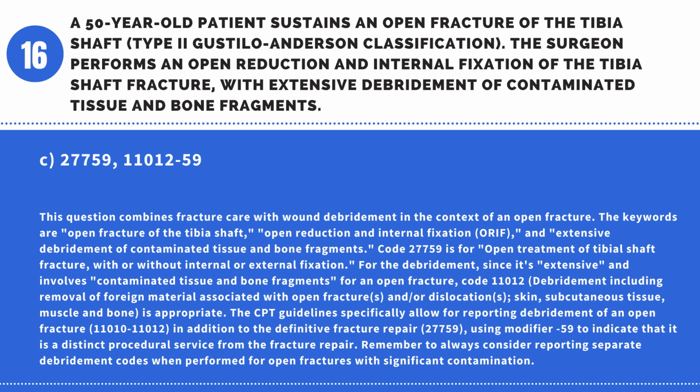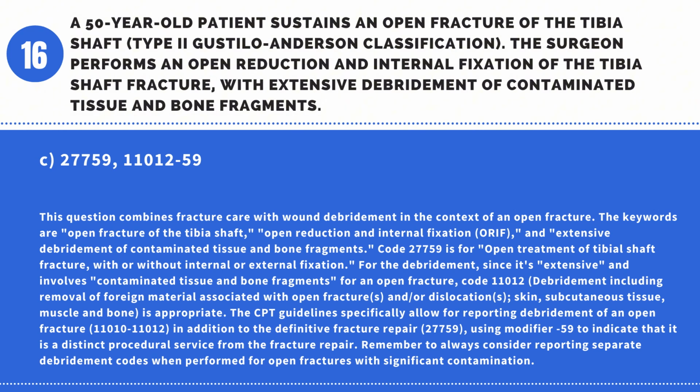27,759, 11,012-59. This question combines fracture care with wound debridement in the context of an open fracture. The keywords are open fracture of the tibia shaft, open reduction and internal fixation, ORIF, and extensive debridement of contaminated tissue and bone fragments. Code 27759 is for open treatment of tibial shaft fracture, with or without internal or external fixation. For the debridement, since it's extensive and involves contaminated tissue and bone fragments for an open fracture, Code 11012,